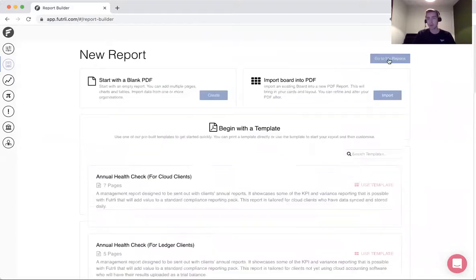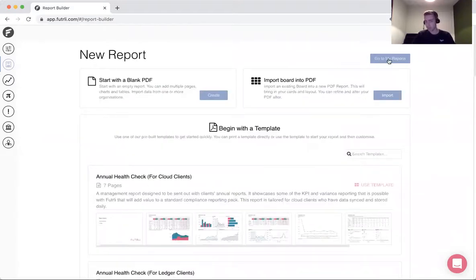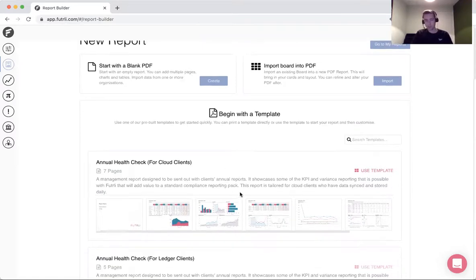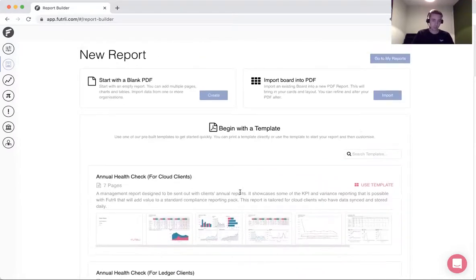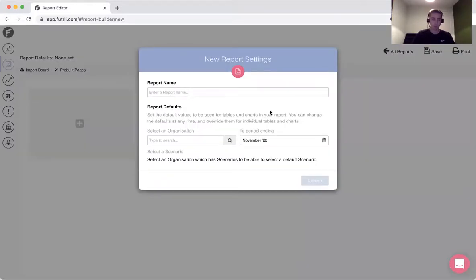But we're going to click New Report, and you then see the main settings of where we can start from. There's loads of templates, which certainly is worth having a little scan through to see if any of them are useful. But we're going to effectively build our own and then incorporate some templated work into it and also some tailor-made reports. So we're going to start from a blank PDF. And we're going to call this